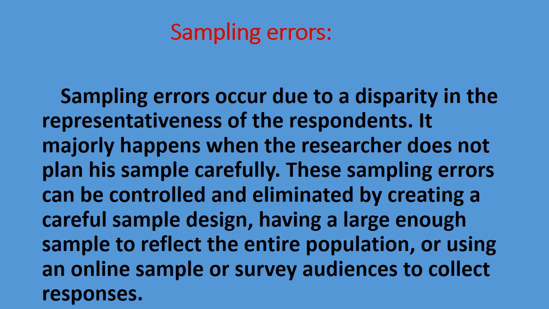And the sampling error, we can also say it is a systematic error, because here the results from the sample differ significantly from the results from the entire population. So logically, if the sample is not representative of the entire population, the results from it will most likely differ from the results from the entire population. So if you are taking a sample from a particular population, you may get a different type of result when you compare it with the entire population.